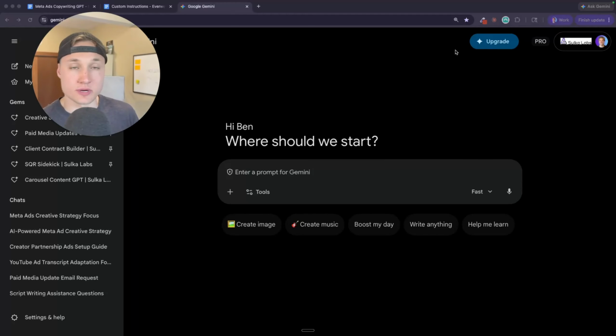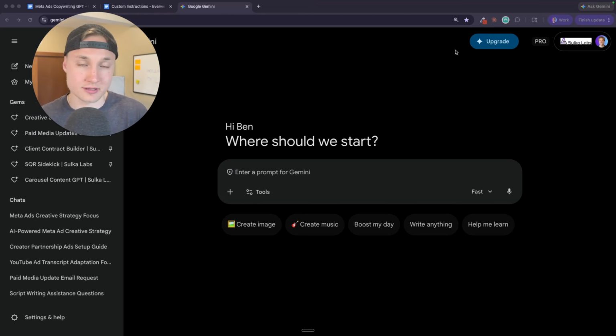Jumping into Gemini, we are going to build this in Gemini, but I'll show you how to do the same thing in ChatGPT or Claude if you use either of those other tools. The reason that I like to use Google Suite and use Gemini for this specifically is because you are going to put a brand brief into this gem that you build, which is basically a context document. And if you need to update that context document, you can do that in Docs, and then the gem will